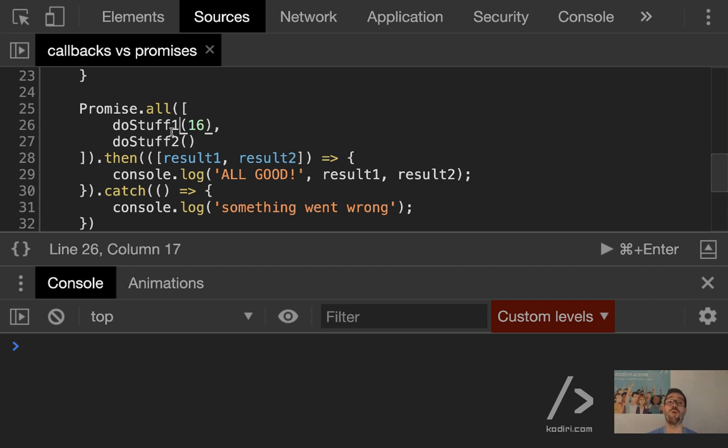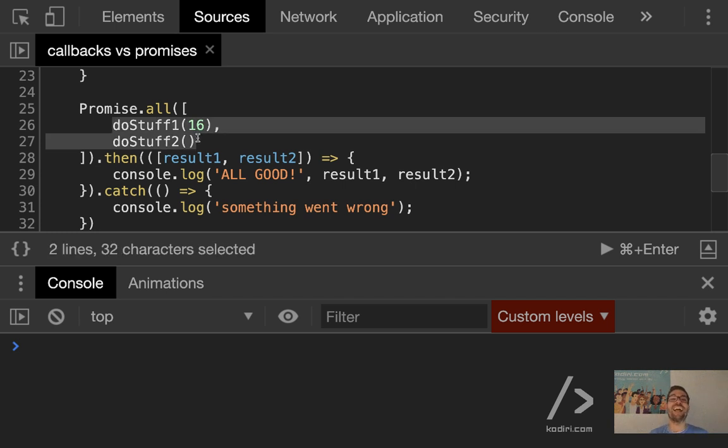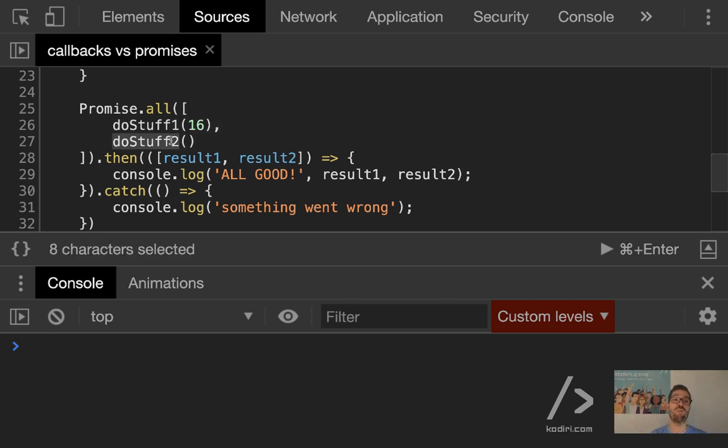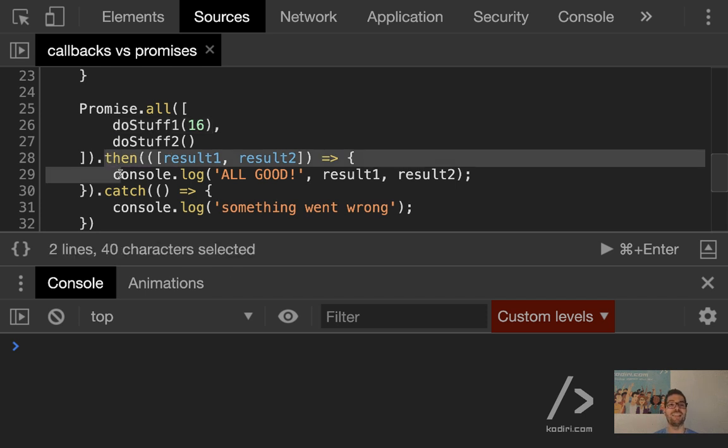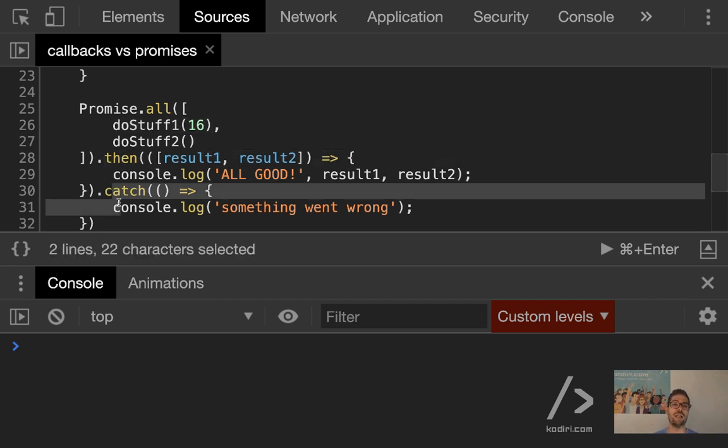And the thing is, because promise.all, you know, it's like Walter, hasn't slept 10 hours, is very relaxed. It doesn't care how long this function takes to resolve. So even if do stuff 2 resolves first, promise.all will wait until every single request is completed. I say, okay, you are okay, but wait, I need to wait for this guy to see if it gets resolved or not. Because after 2 seconds, that request will fail, that execution will be aborted. In other words, the execution will jump straight to the catch block.